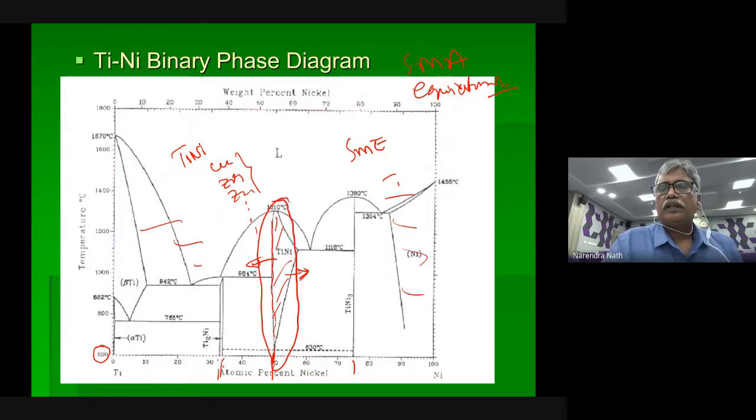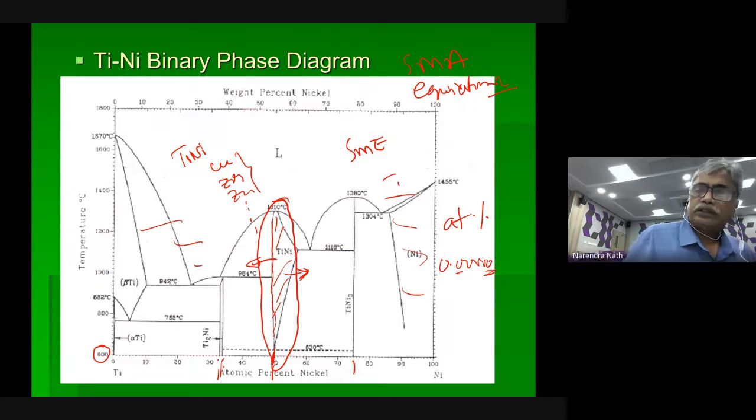That's why people talk in atomic percentage, not weight percentage. After the decimal point, people are talking of this digit. In a weighing balance, if it is weight percentage, we are talking of the first one. That much accuracy they are expecting. Otherwise, you will lose the shape memory effect. That's all. Nothing will happen.